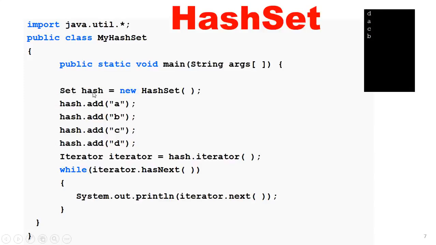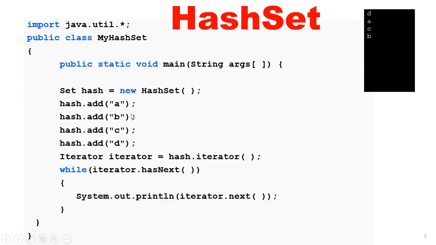You know we can't create an object with the set interface directly. Here is a combination of set and a class. Set is the interface and HashSet is the class. So here we are implementing polymorphism. There is a combination of interface and class. It implements the concept of multiple inheritance, right? So HashSet gives the reference to the hash object. So hash is the object of set.